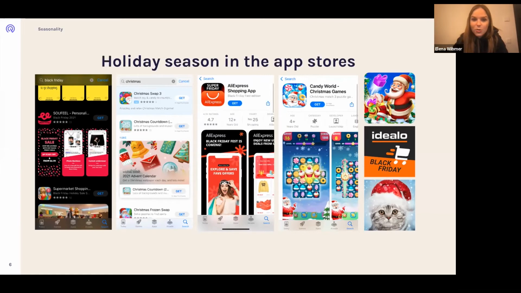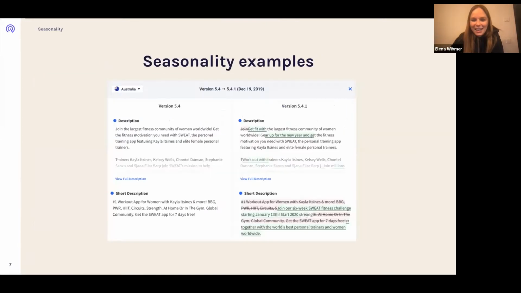And then also other great examples across games, for example, where they really optimize the whole funnel, which we will see on one of my next slides as well. They have the store listing as well as the app icon, everything around Christmas, and are already live with that.